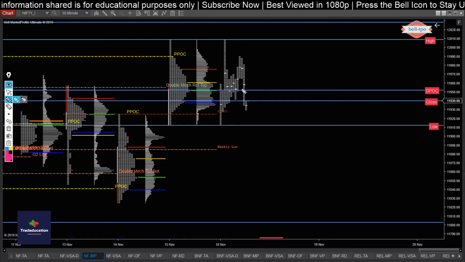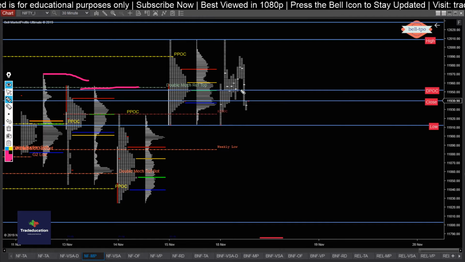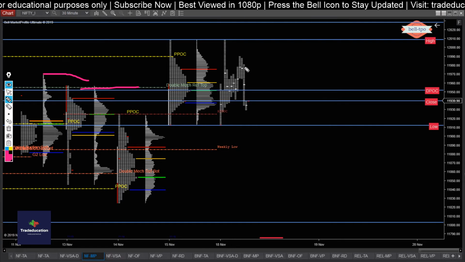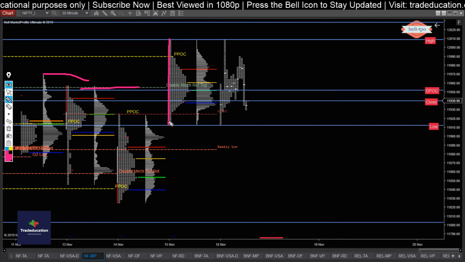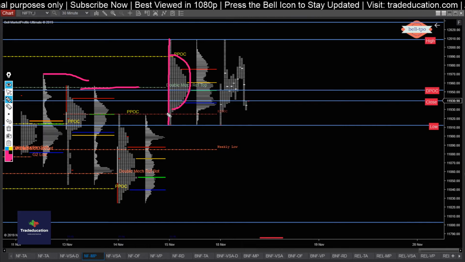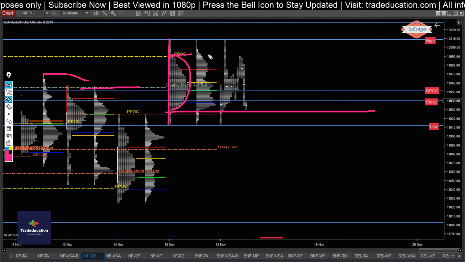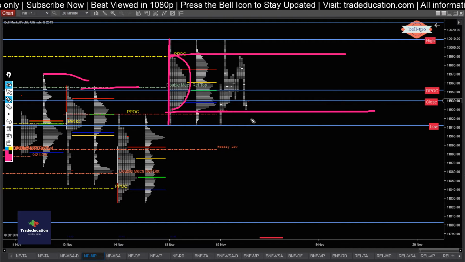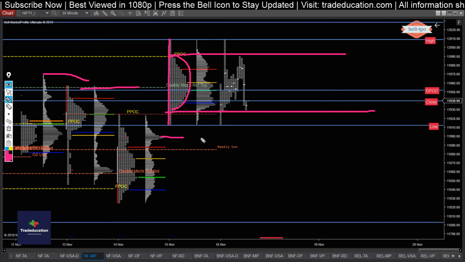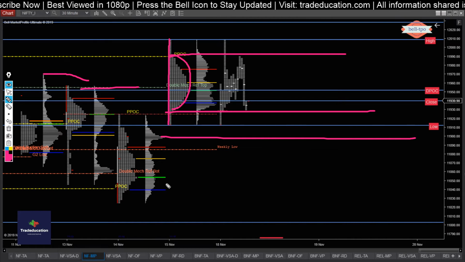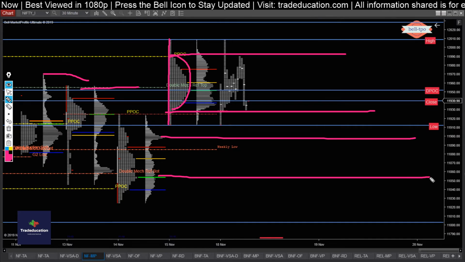What I'm seeing is the auction started to come within this two high. So right now the overall profile looks more like a balanced profile. We have a small excess here, and a small excess at this level. There is an HVN level, and there is also a prominent point of control here.